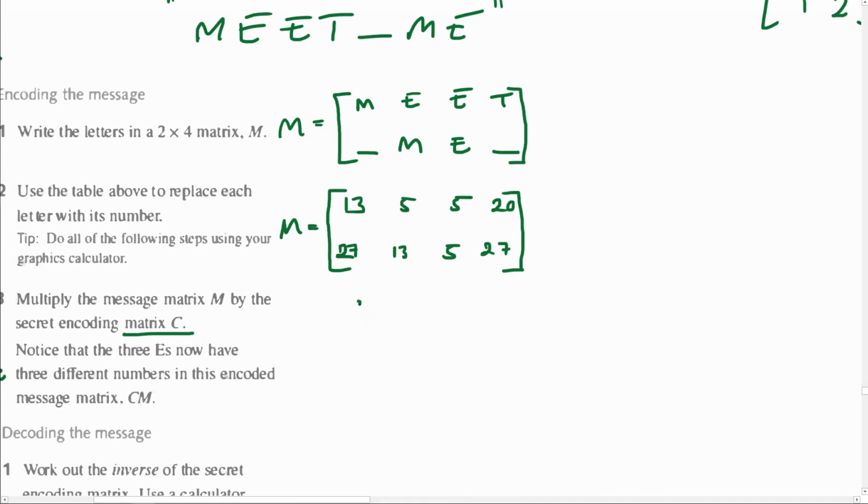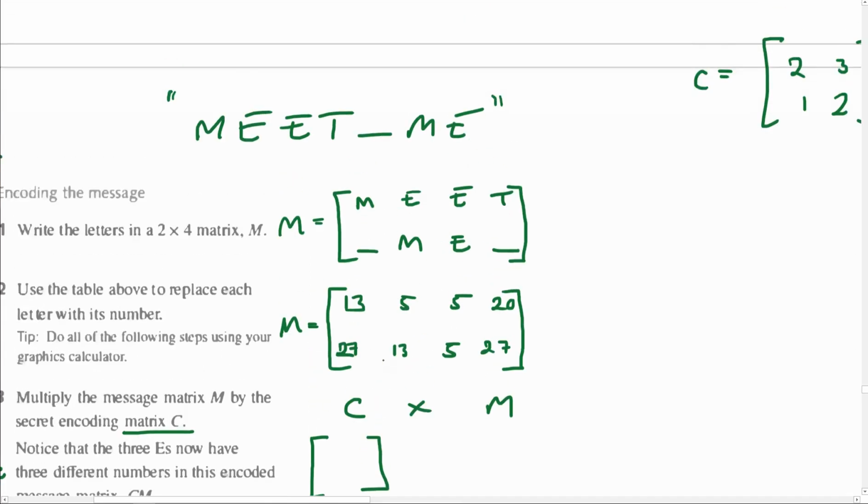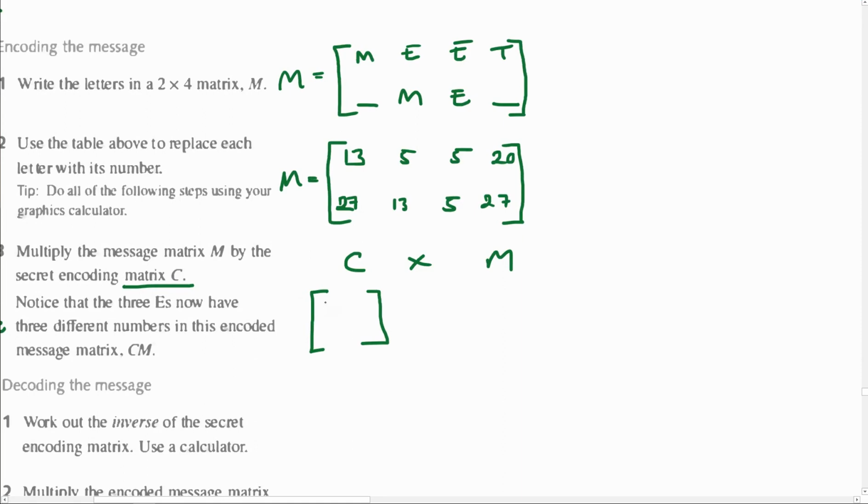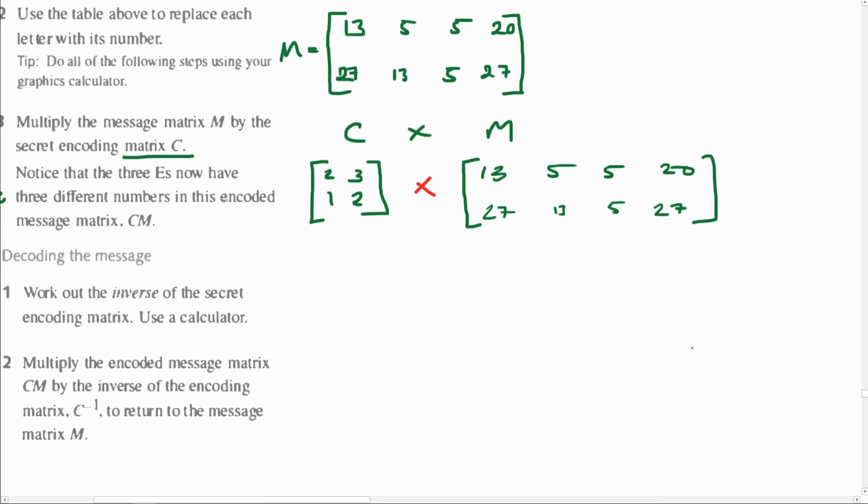This is the message matrix, yeah? So to encode, it's going to be C by M, which means matrix C, which was, again, 2, 1, 3, 2, multiplied by the message matrix, which was this matrix. So 13, 5, 5, 20, 27, 13, 5, 27. So when you actually multiply this together,